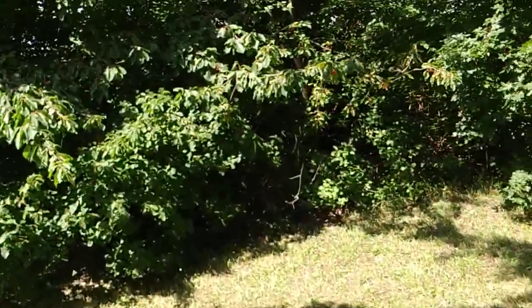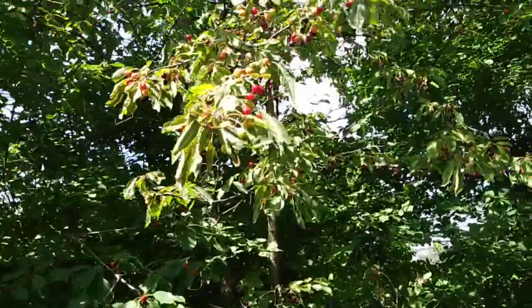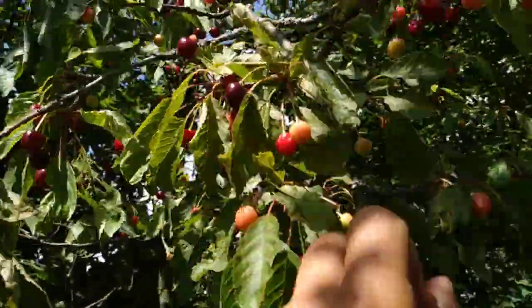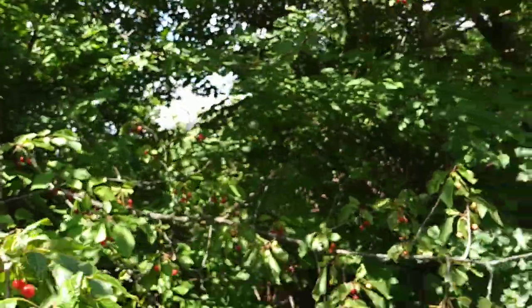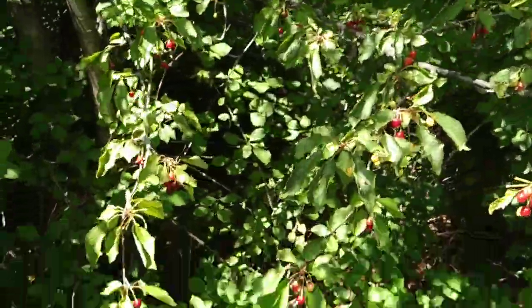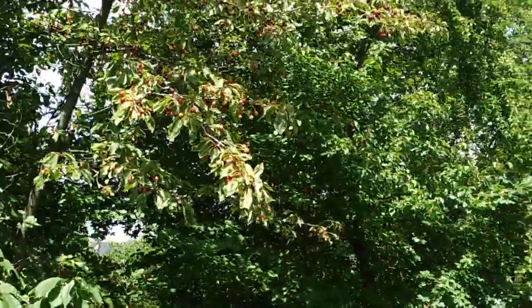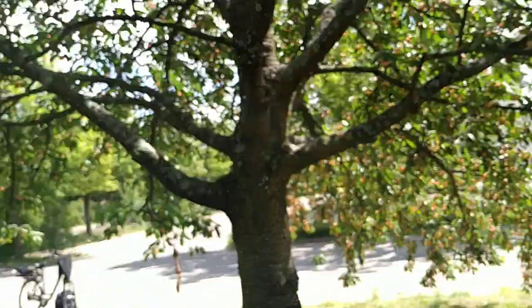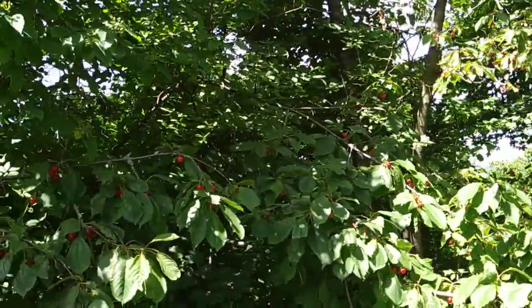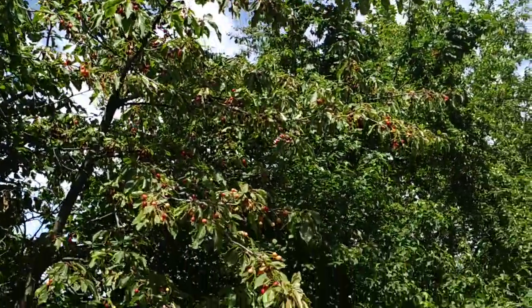And then last but not least, here in this huge hedge we have some, well, I would say this is wild Prunus avium, wild cherry, the ancestor of all those cultivars you saw. But since it's growing wild here, this was basically planted by a bird. Well, the seed was dispersed by a bird. Since it's here between the university campus, between the teachers college campus with its cherry plantation, and on the other side behind this hedge a lot of gardens with a lot of domestic cherries, I think that this will also be